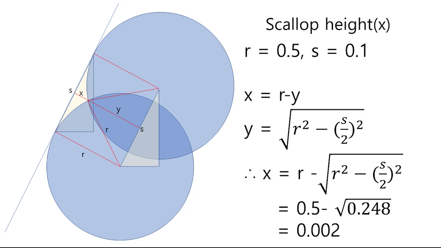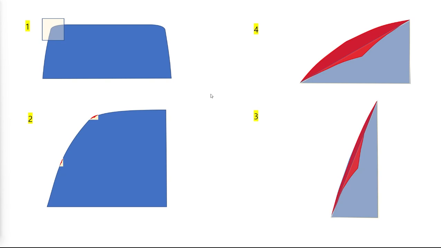The scallop height that would have resulted from machining at 0.1 mm constant spacing using a 1 mm round burr is calculated to be 2 micrometers. I'll skip the detailed calculations because I don't think you'll want to know. What's important is that 2 micrometers is a significant difference from the 60 micrometers error seen at the line angle identified earlier. This can be explained by the different areas that are machined and left behind in flat and curved